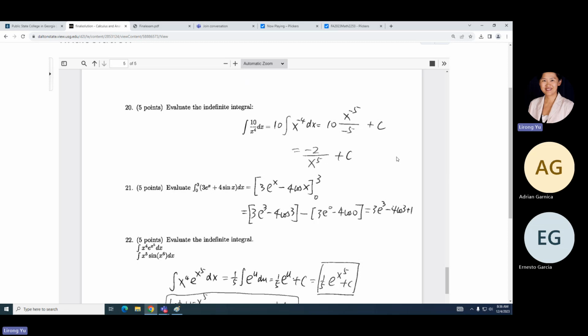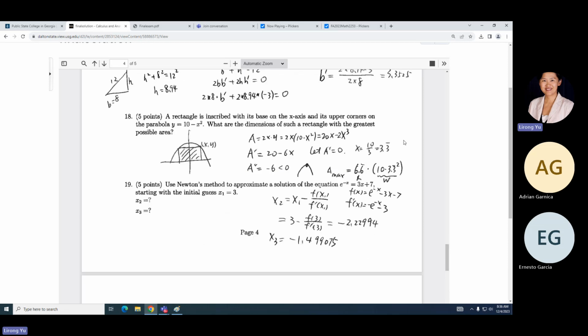I skipped 5.2. That was the area, using area to find the definite integral. I also skipped 5.3, which was the Riemann sum, because it's more time consuming to do a numerical calculation to see that part. And then if we move back,